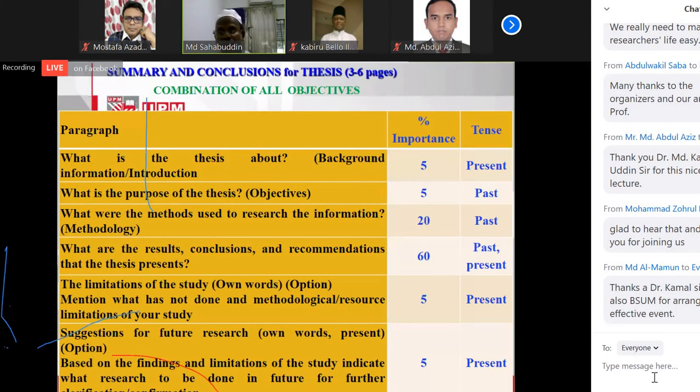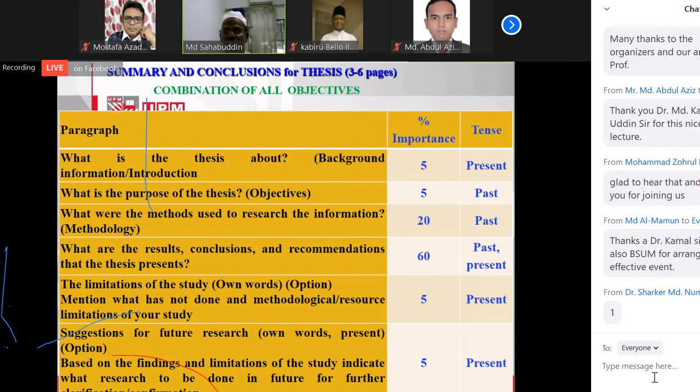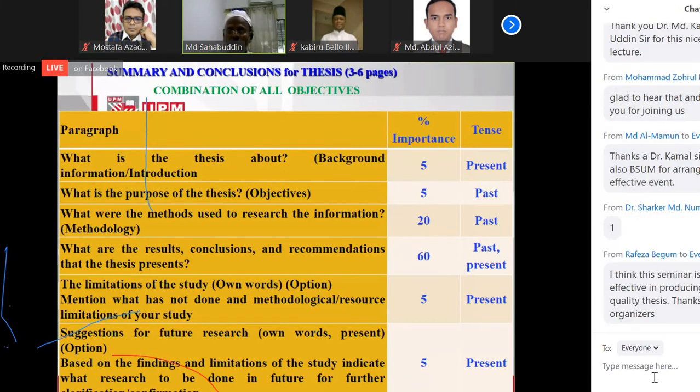Why? Because if you're not clear which are more important, which are the least important, then when the student or any researcher writes, they cannot control actually which one more or which one less. So when they start write up, maybe which one is less important, they give more information. Which is more important, less information. For this, before write up, you make a tentative layout. I am to write 100 lines.